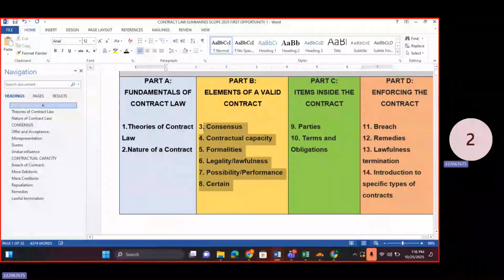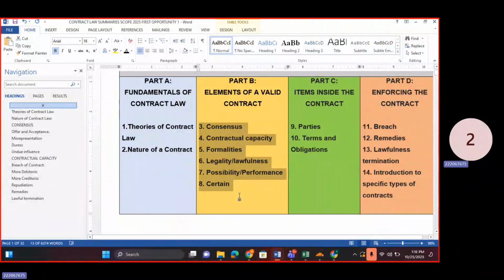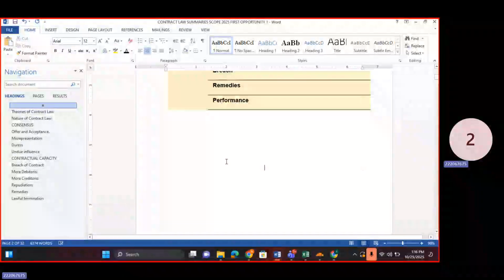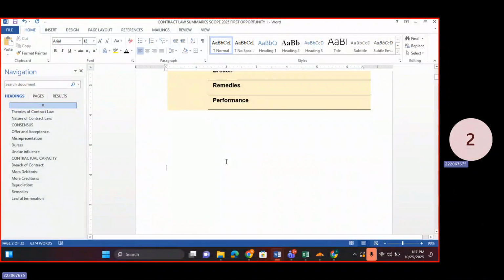Every factor here has consequences to the contract. It either makes the contract valid, void, or voidable. When you're answering a question in contract law, and we're going to go into details with this when we do the contract law examination recording, I am going to go through one or two examination papers where we go through the answers of that examination paper. So for when you're answering a contract question, just for me to make the point,